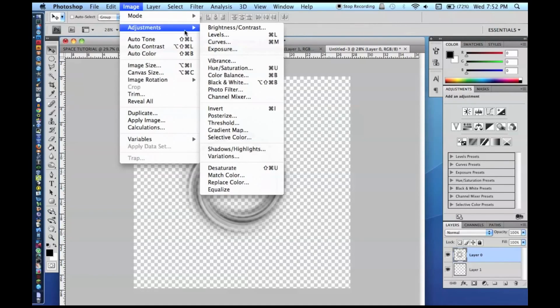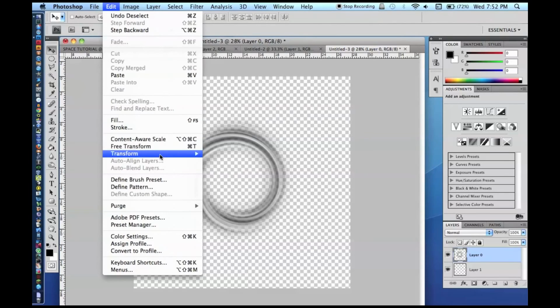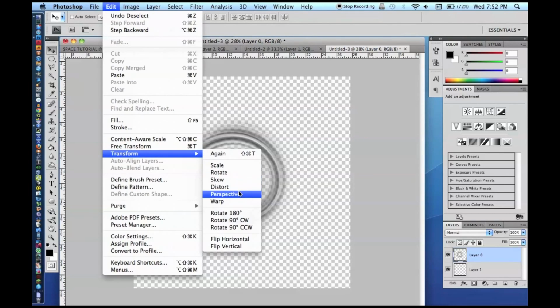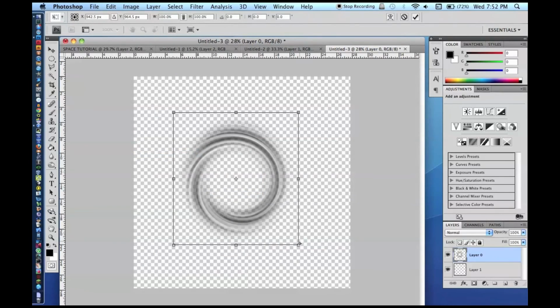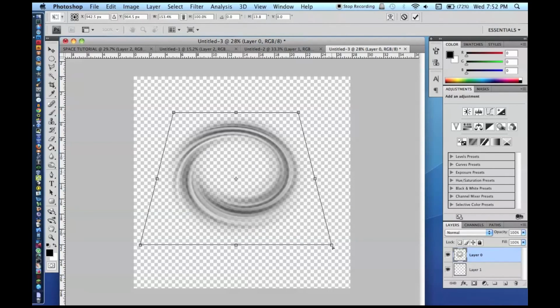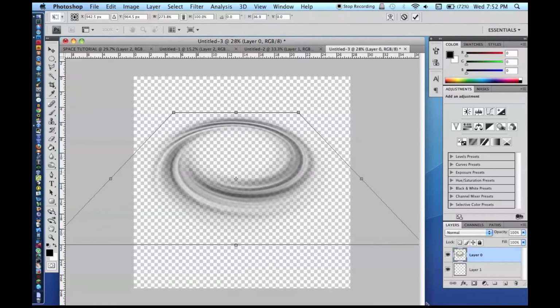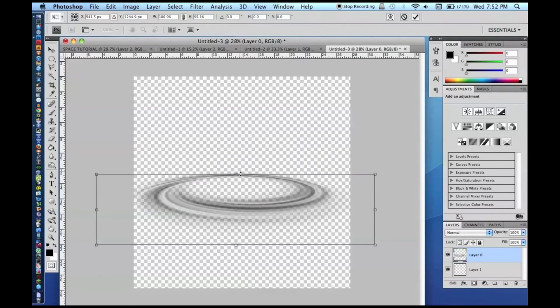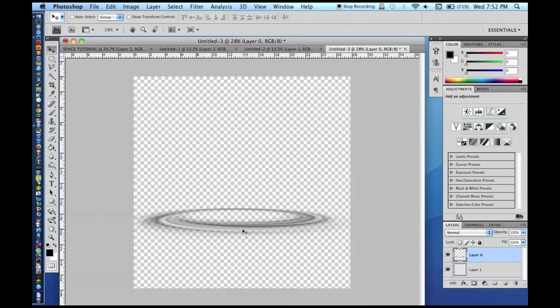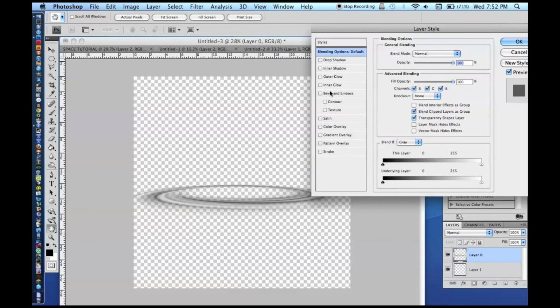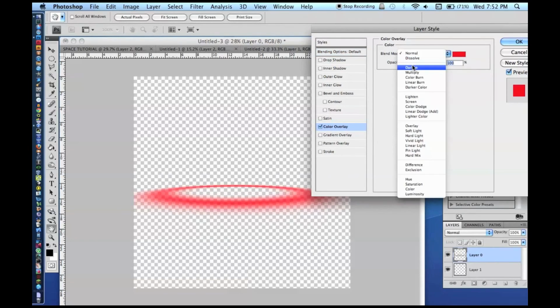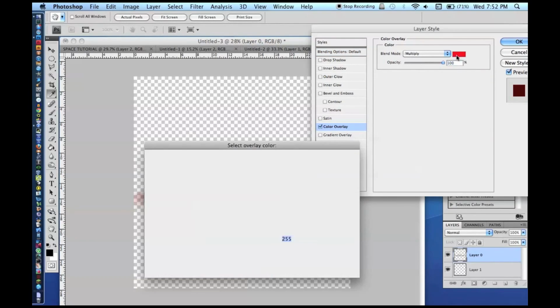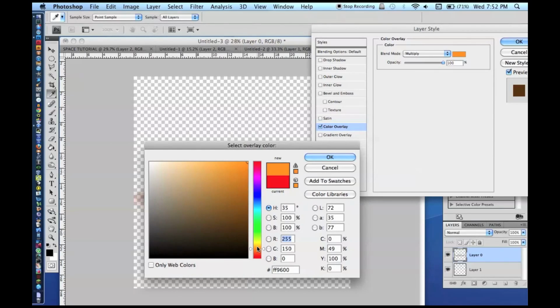You're going to go to edit, transform, perspective. Then you can change your perspective here, so the rings are kind of like that. Then you can press Command T to transform to make it more like that. You can do a color overlay at this point. Multiply. A good color is usually a kind of orangish